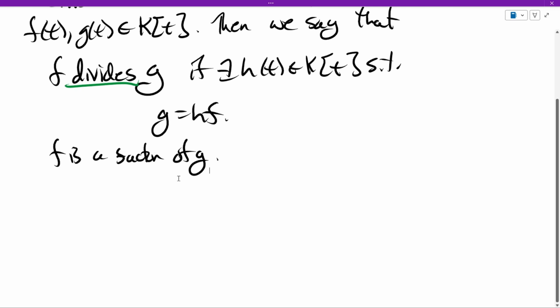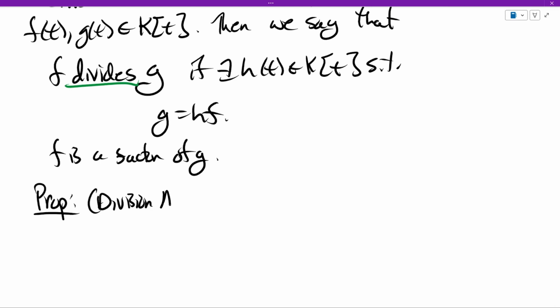And for two polynomials to divide each other, this is kind of a strong condition that one's a factor of the other. In general, if we took two random polynomials, they aren't going to divide each other. That's, again, a strong condition. So what happens when they don't divide each other is the division algorithm, which I'm just going to state and not prove. It's proved in your book. It's also proved in any ring theory book, which is a prerequisite for this course, so I'm not going to do it. But just as a quick reminder, what it says is